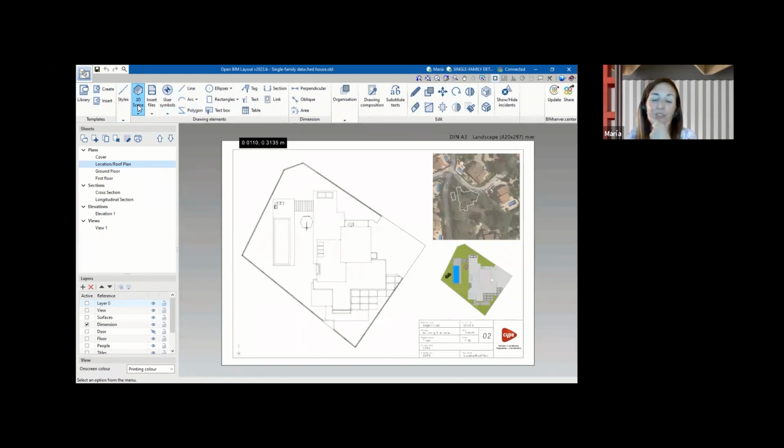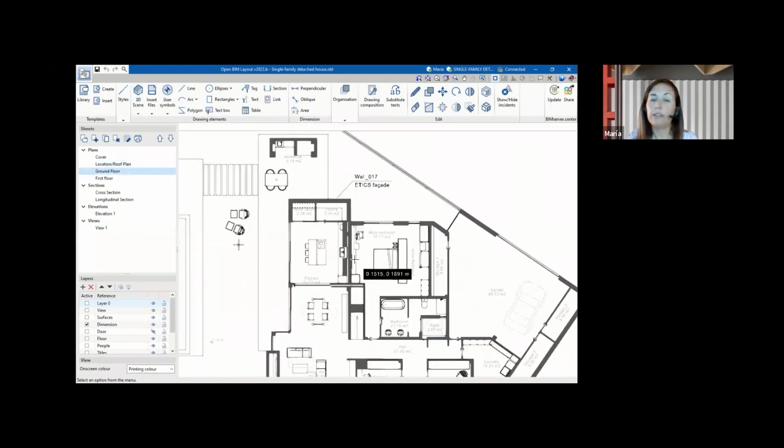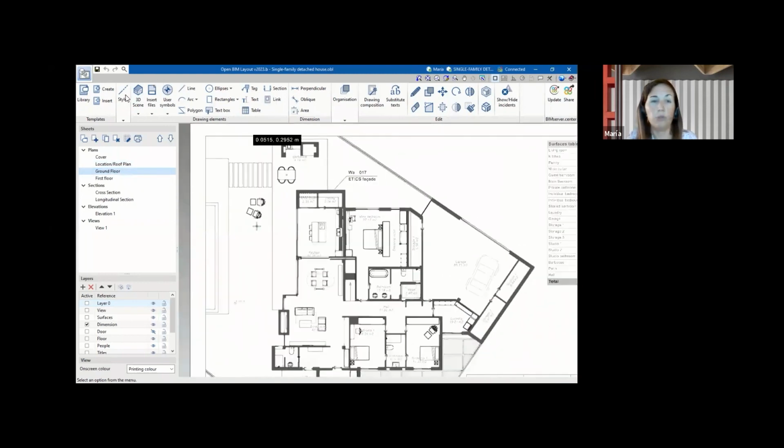Also, I'm going to show it graphically now, okay? Here you can see this is exactly from the single family detached house we have seen earlier, okay? But how did we get this? How was this possible? Well, this was possible because here in 3D Scene